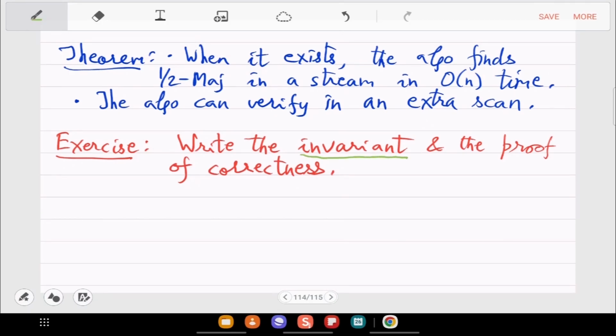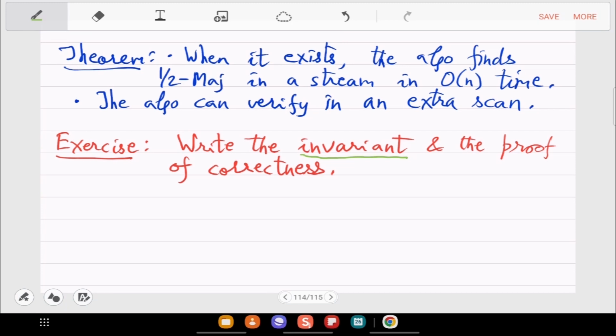The invariant is that the half majority is unique, it's X, and that will appear as a guess at some point in this pseudocode. And once it appears, it never changes.